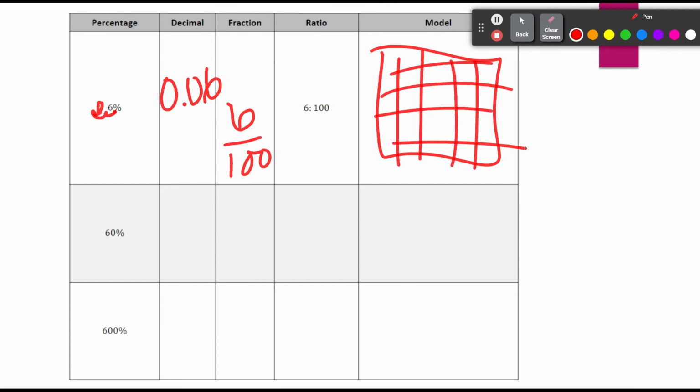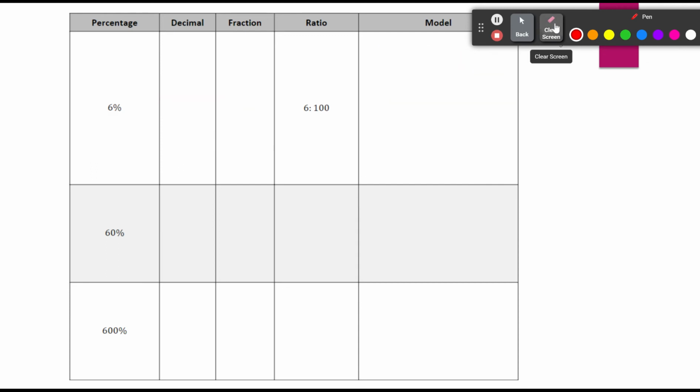I know that's messy. And then just shade in 6 of them. We're not going to worry about doing that part right now. All right, moving on to the 60. So if we're taking what we said, we're going to take our decimal 2 places to the left, which now